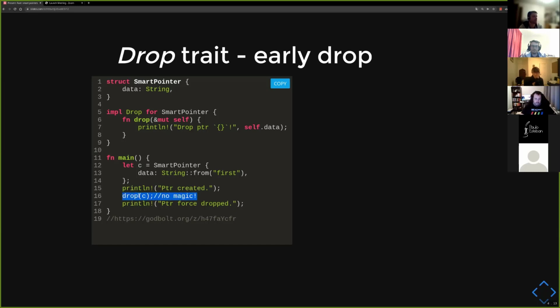And in fact, this drop is no magic. It's just an empty function taking the value of the variable being passed into it. So the value is being moved into the drop function, and nothing is being done with it. So it's just going to be destroyed as the drop function goes out of scope. And yeah, so we can see in this particular scenario, the drop is going to be called before